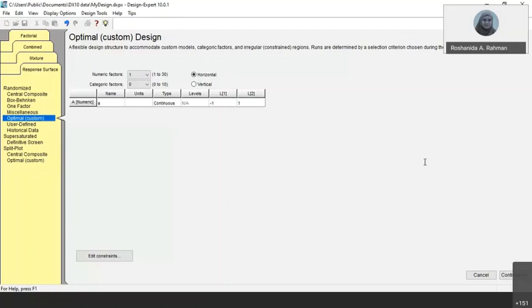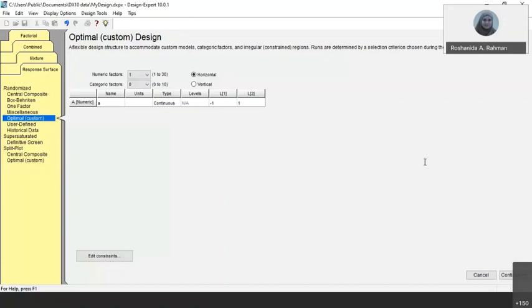For the CCD, the student puts the value -1 as 0, and +1 as 10. And the student decided to use CCD. What happened to the process? When you put the values, the software will suggest whatever alpha they have chosen, whether face-centered or